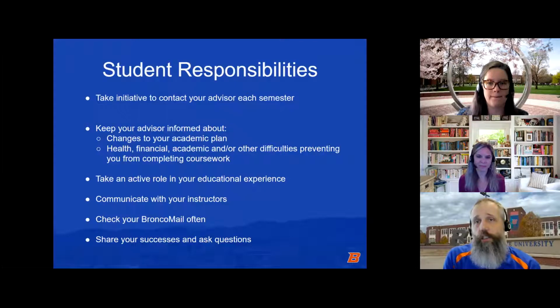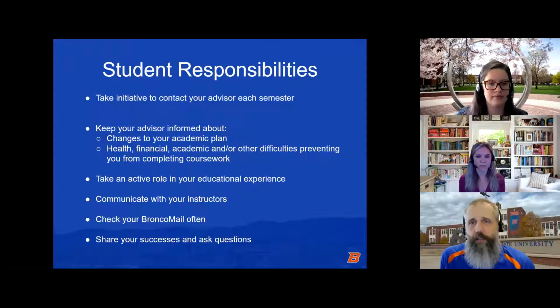Make sure that you are keeping us informed about anything that may be changing. We know life changes and plans can change. So if you initially came in and said, well, that's the major that I want to do, but that changes later on. Maybe you took a class in another subject and that was really interesting and that changed what you wanted to do, or you have some sort of career direction change or something like that. Let us know as early on as possible so that we can adjust that plan as needed.